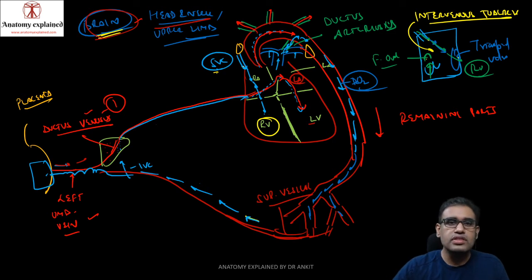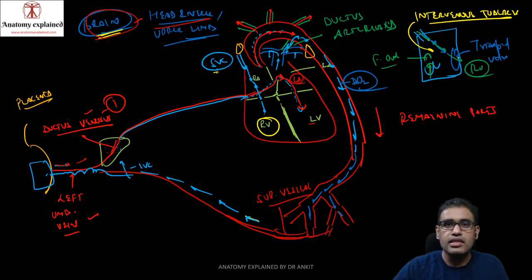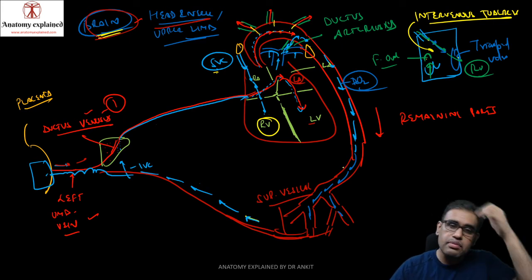So SVC deoxygenated blood goes to RA, goes to RV, goes to pulmonary trunk, goes through this ductus arteriosus into the distal part of the arch of aorta. Then this blood will mix with whatever oxygenated blood is left after it supplies these three vessels, and then it will supply the remaining lower part